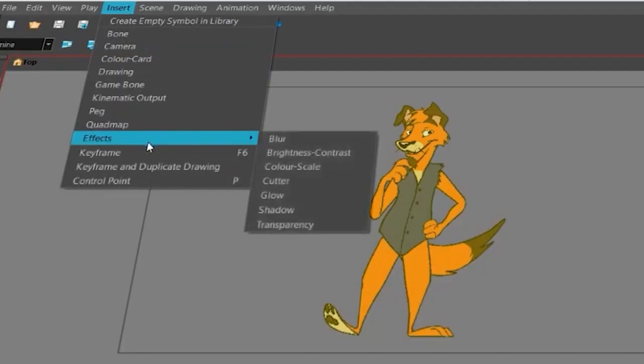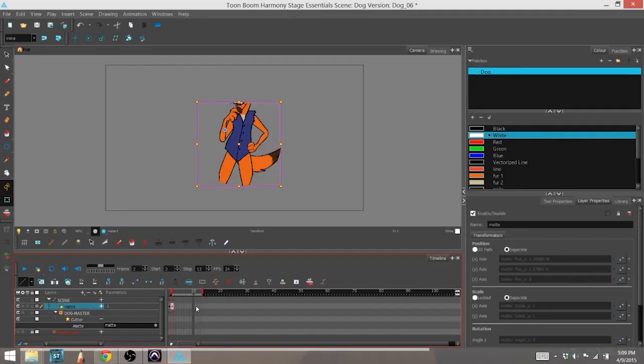Without further ado, let's explore Toon Boom Harmony versus After Effects, two software that are considered the industry standard in